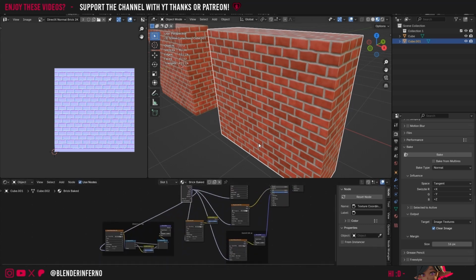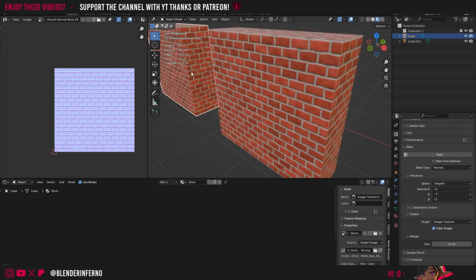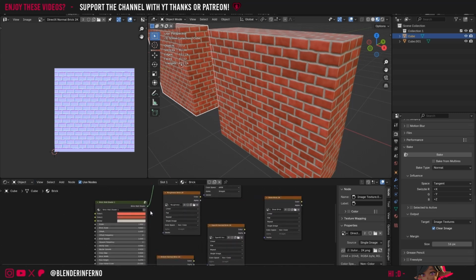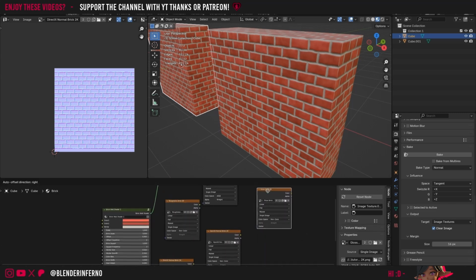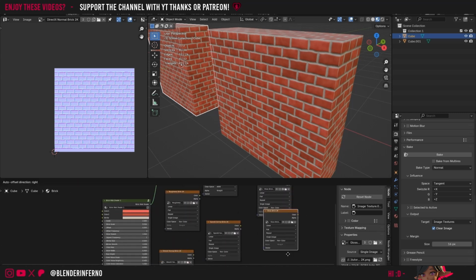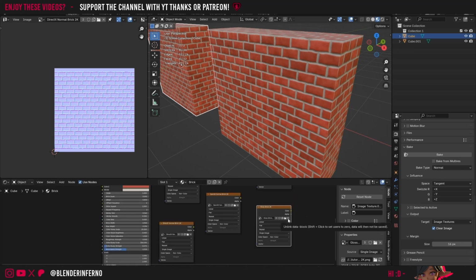Finally, let's go over how we can bake the bump. So I'm going to left click my brick texture here. Then we can't see our nodes, so I'll just press view and then choose frame all. And I'm going to zoom in to my nodes here, and I'll just left click one of them, and I'm going to press Shift D to duplicate it. I'll press the X to get rid of this texture that's in it just now, and I'll press plus new,